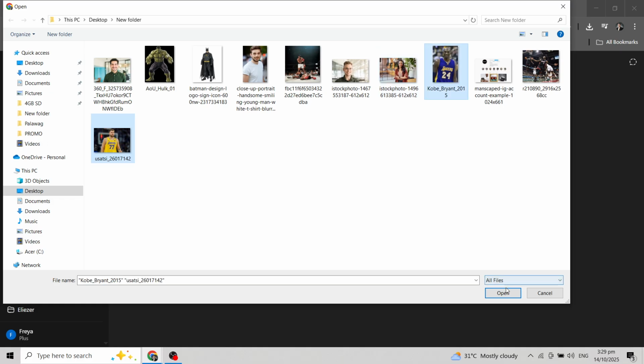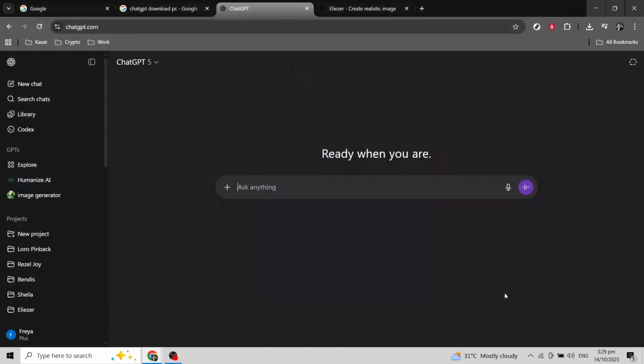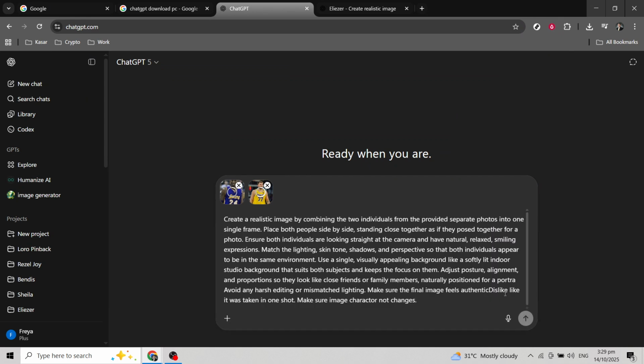Once your images are uploaded successfully, you can now interact with ChatGPT. Here, you'll want to type a prompt that instructs the AI on how to combine the images. Be as clear and creative as you can with your instructions. You might say something like, "Combine these images into a single artistic collage," or whatever creative twist you want the